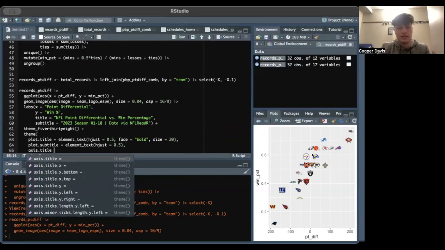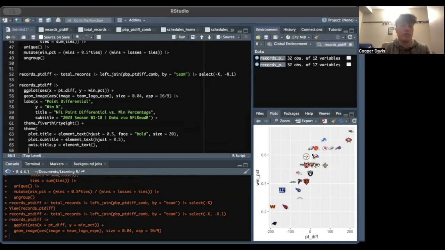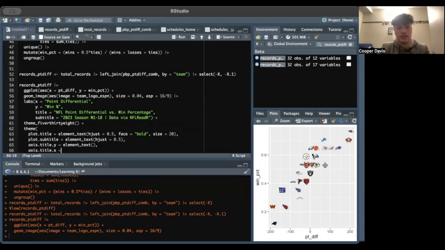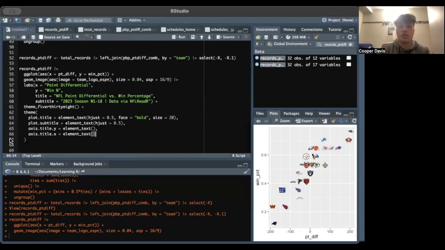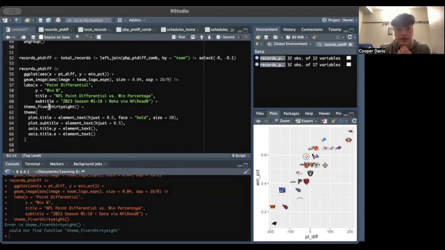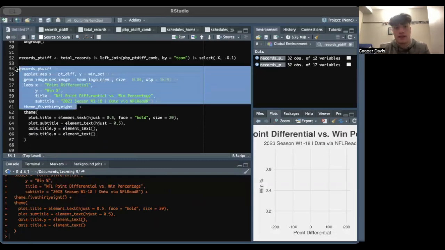Axis.title.y equals element text. So what this does is, because maybe we haven't used 538, I don't recall, axis.title.x equals element text. This just makes sure, because if we run theme 538, and I spelled it 538, so this is why spelling is important. If you just run this here,